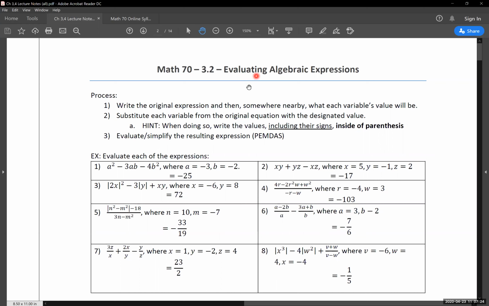So the way that this section is going to work is we're going to be given an expression of some way, shape, or form. We can already see a couple or quite a few of these down here. And we're going to be given some values and we're told to evaluate it where if some variable has this value, some variable has another value, anything like that.